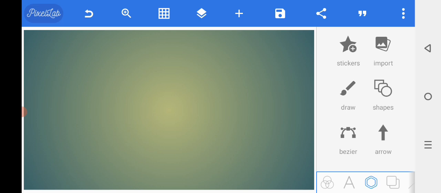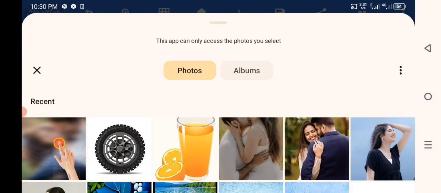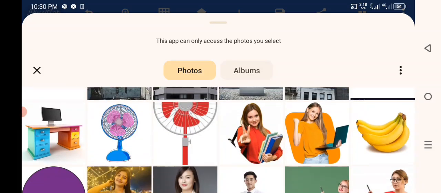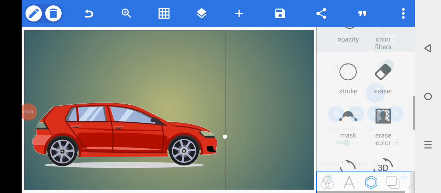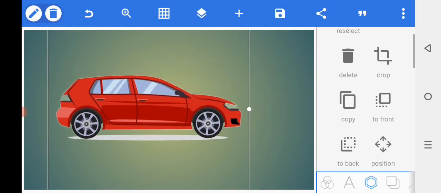Open the Pixel app, select the import button, go to the gallery, select a picture, adjust the picture, remove the background, select the erase color, enable button down, adjust the picture, then crop the picture, select the crop option,